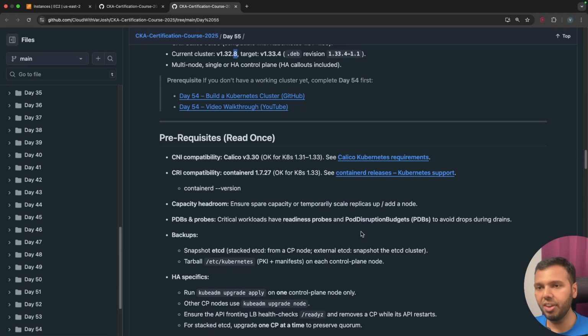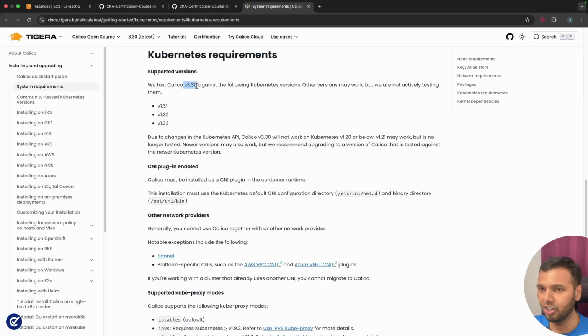As I told you, we must first verify that whatever we are doing is compatible with the external tooling that we are using to support our application. So here I want to check whether what I have in my cluster is compatible with the version I am upgrading to. For example, I am using Calico 3.30. So I must ensure that my implementation will be compatible with this version. And if you see this screen, version 3.30 is compatible with all these Kubernetes versions, and we are upgrading to version